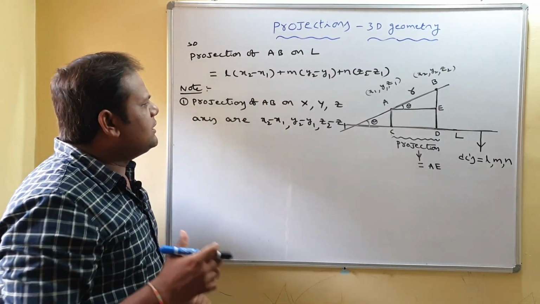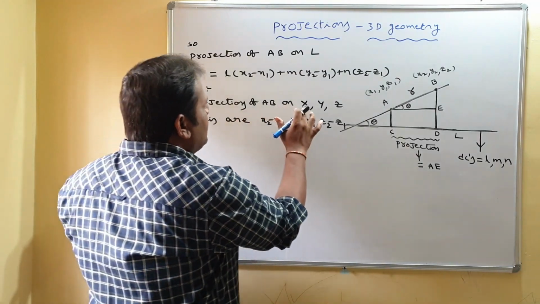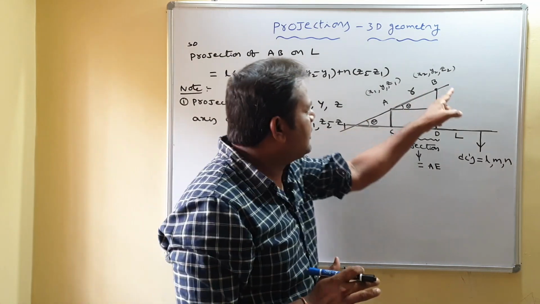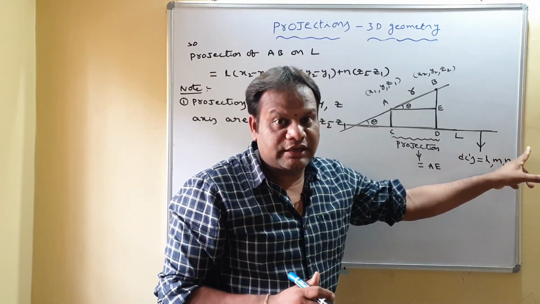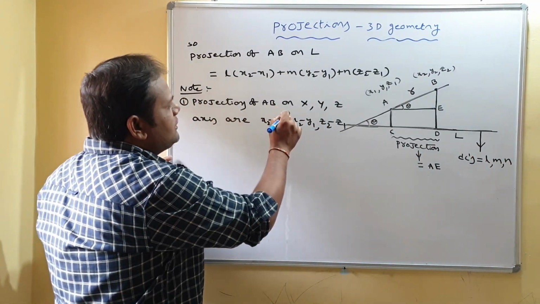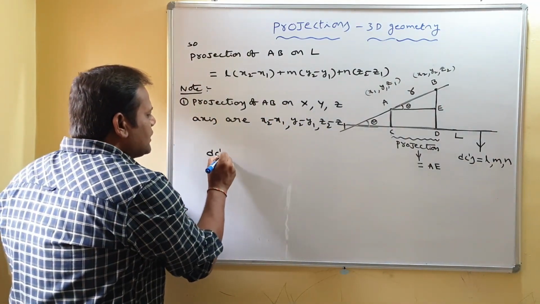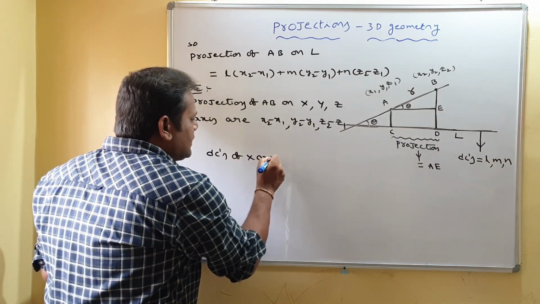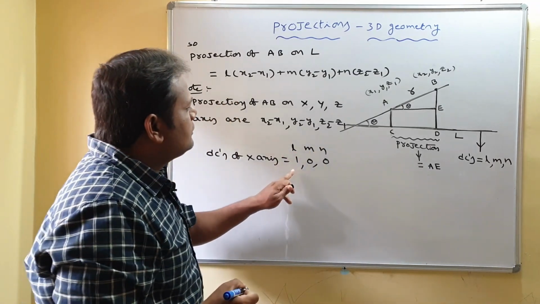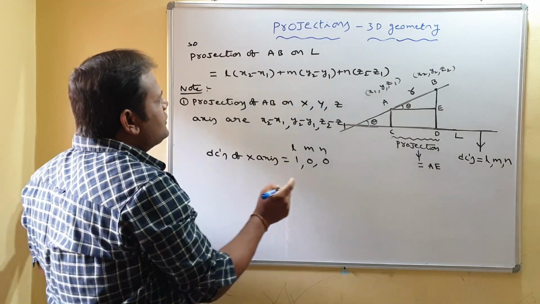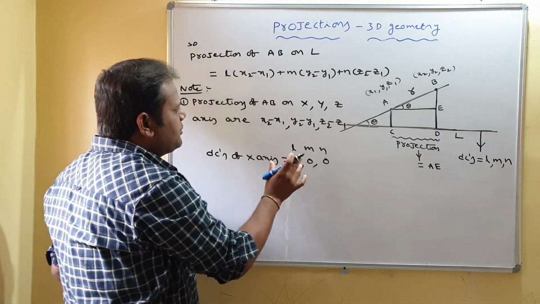Suppose we are interested in finding the projection of AB on the x, y, z axes. First, the projection of AB on the x-axis. Here, for the projection of AB on line capital L, we took l, m, n as the DCs of this line. Now we are finding the projection of AB on the x-axis. What are the DCs of the x-axis? 1, 0, 0. So put these l, m, n values in this. Then we are left with 1 into (x2 minus x1), the other terms become 0. So totally you get x2 minus x1.